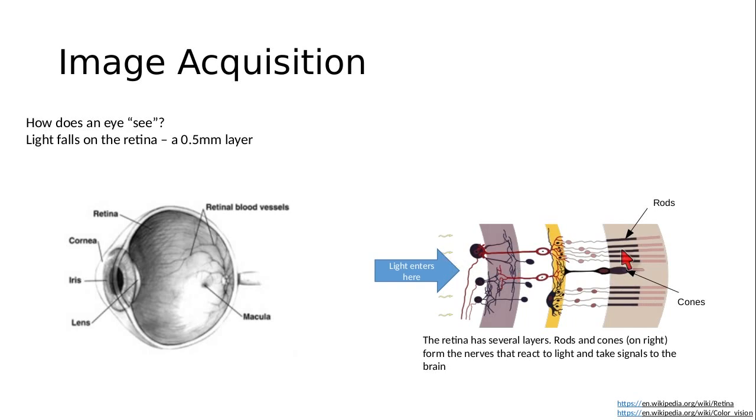Whether light comes straight onto the rod, or light comes at an angle to the rod, the difference of excitation in the rod is very small. But that difference is much larger in the case of cones. Cones get excited if light falls directly on them, but they don't get excited if light falls at an angle. Rods also, there is a difference in the intensity of the electrical impulse, but that difference is very small.